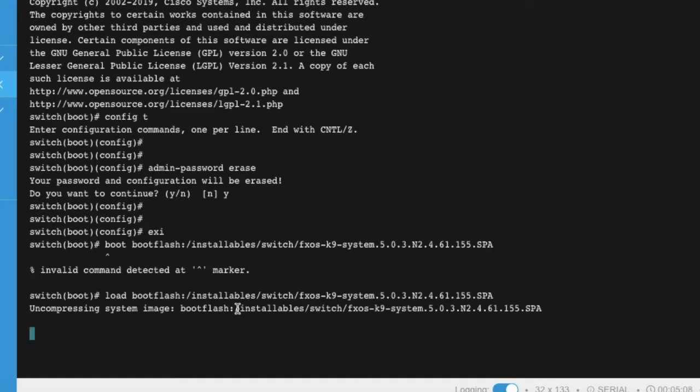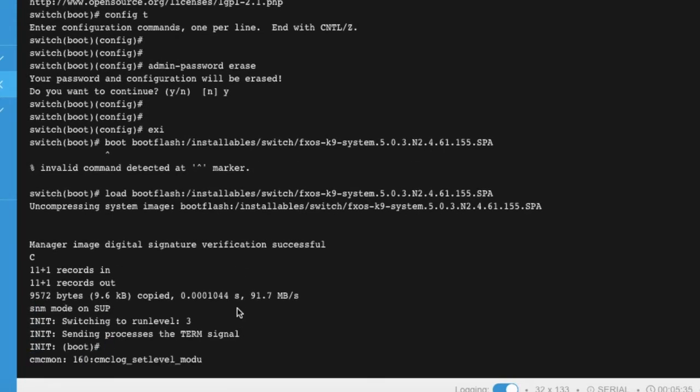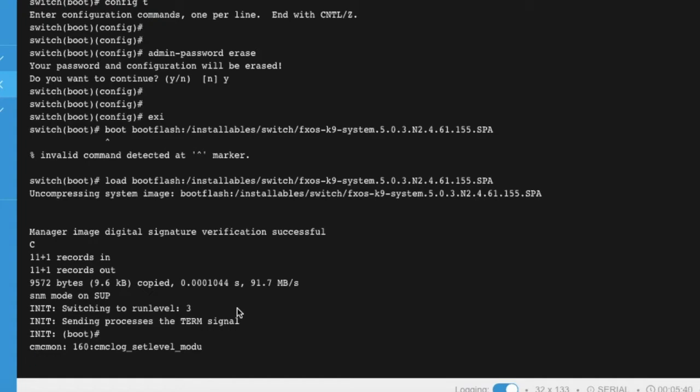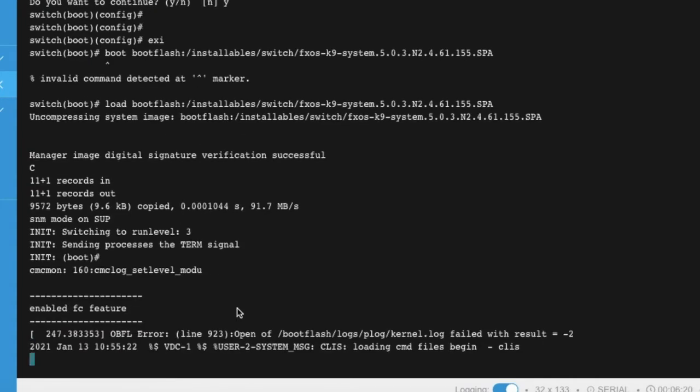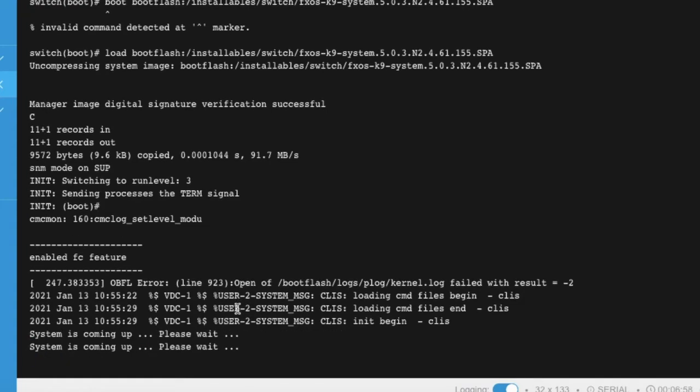Let it boot completely. Please don't skip any step. Just let it complete here.